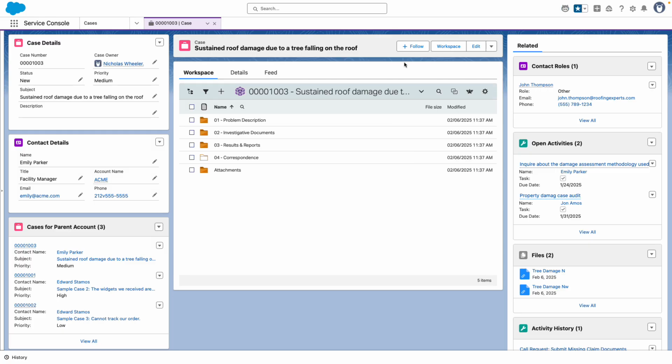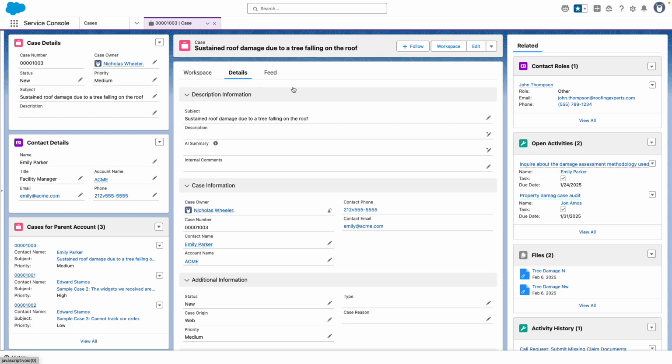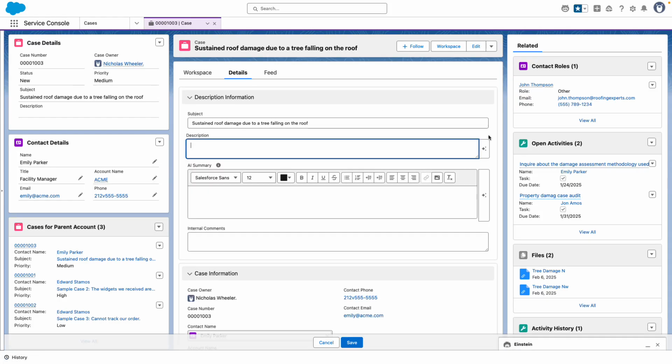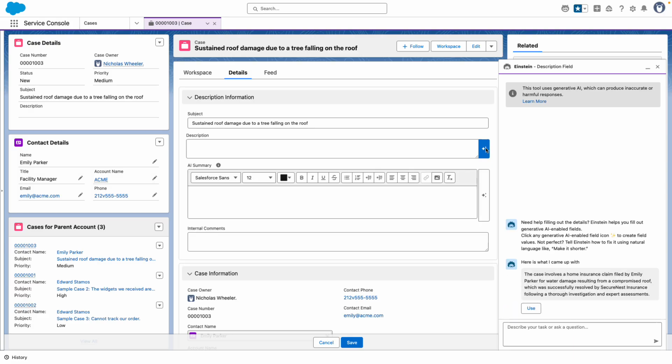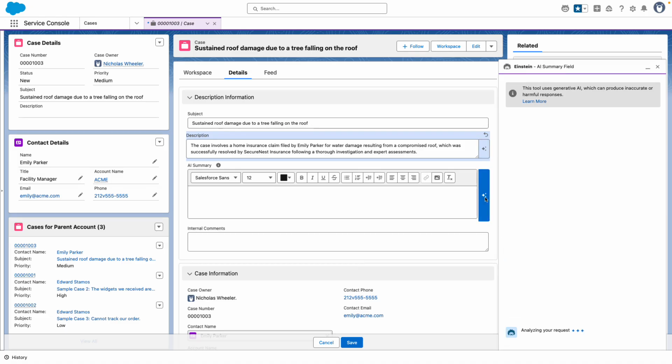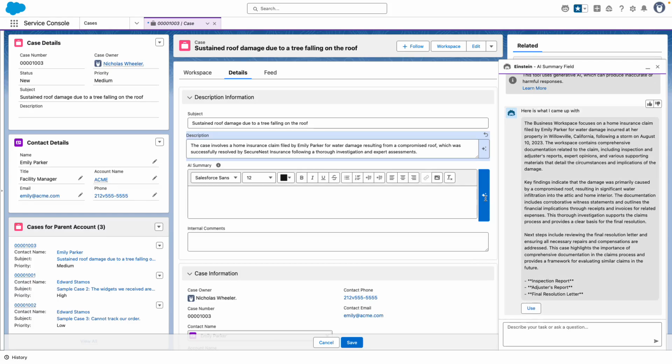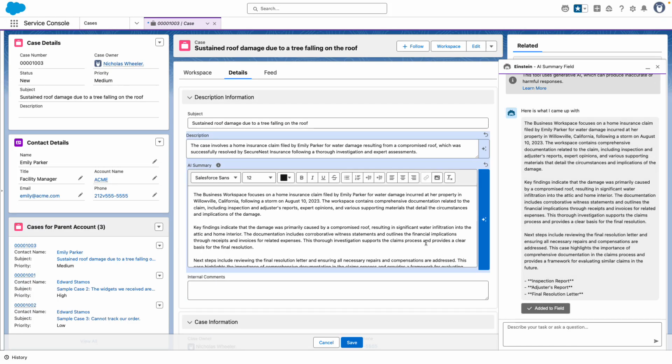Now let's switch gears and look at a completely different use case to see what else we can do. This time we are leveraging Content Aviator in Salesforce to automate tasks and processes. In this scenario, we are using Content Aviator with prompt templates to generate field values for the case description and summary. The prompt template lays out clear instructions such as length, tone, and whether to include document references, amongst other things. So we get retrieval augmented generation output for a short, to the point case description and a more detailed summary of all the case documents.